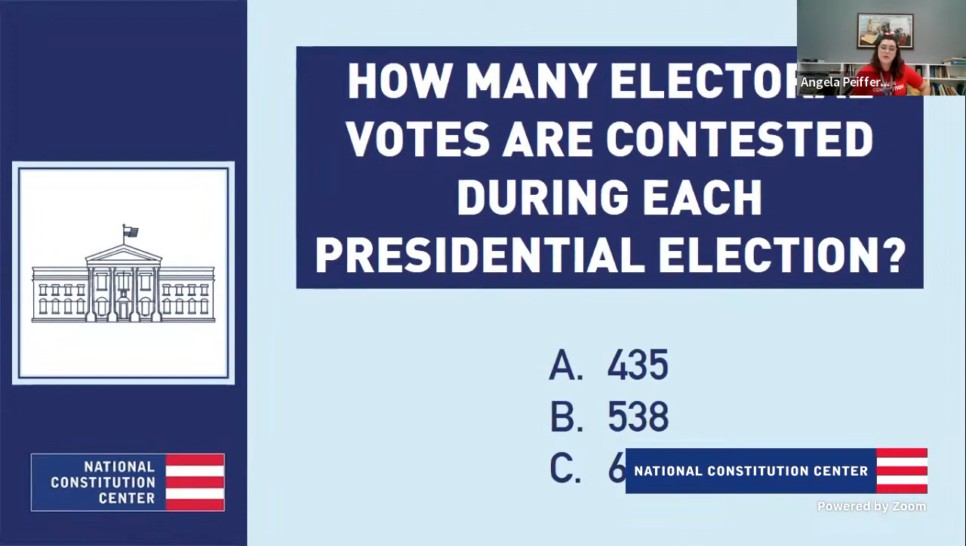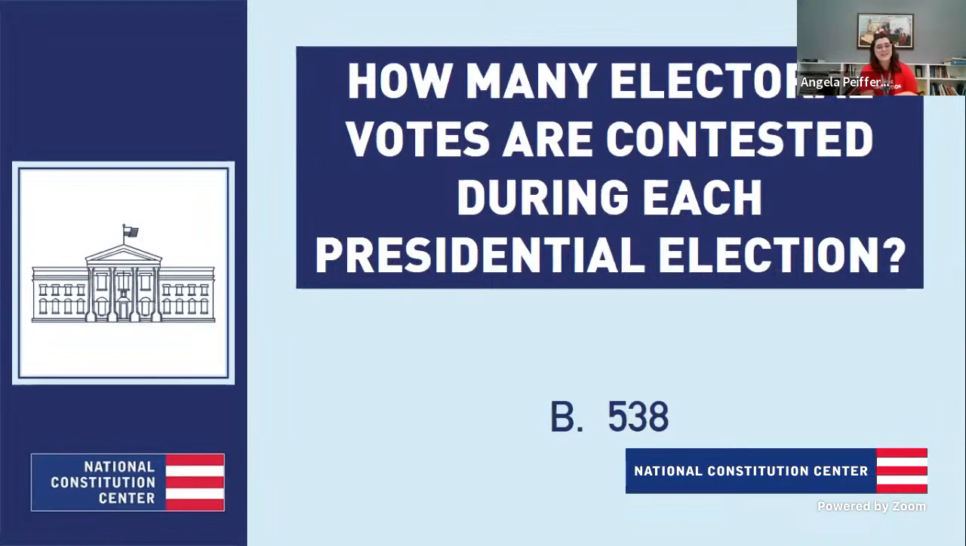How many electoral votes are contested during each presidential election? A, 435, B, 538, or C, 650? If you're good at some quick math here, this number is going to be the total number of representatives in the House of Representatives, plus the number of senators, as well as 3 additional electors for Washington, D.C. So if we're good at some math there, that'll bring us up to